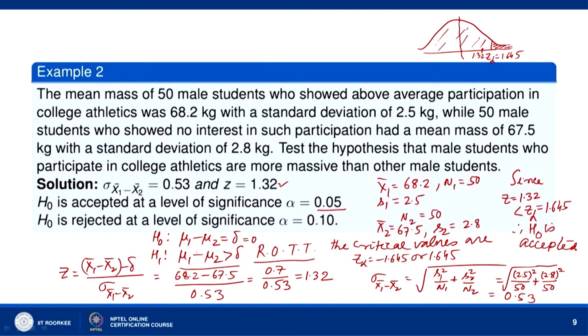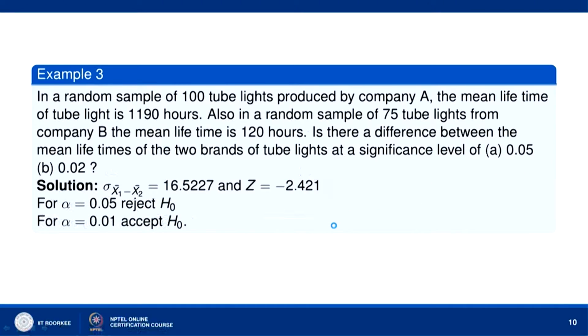H naught is accepted means there is no significant difference between the two classes of students, those who participate in college athletics and those who have no interest in college athletics. So, there is no significant difference between the two. Okay. Now, let us take alpha equal to 0.10. So, when alpha is equal to 0.10,